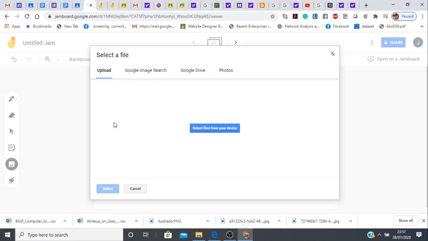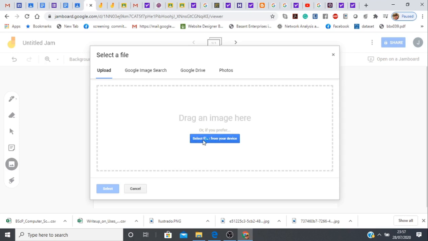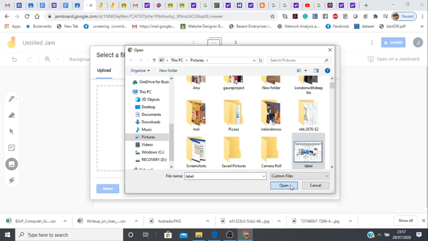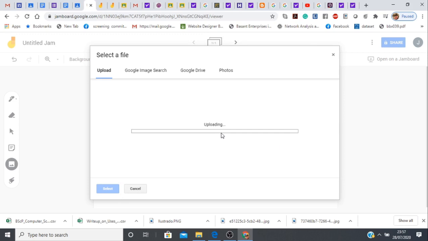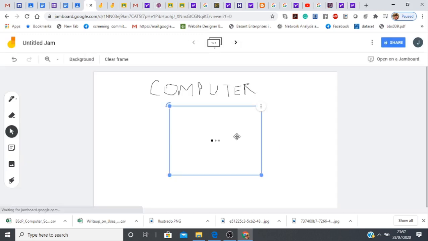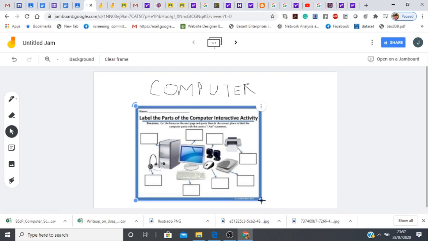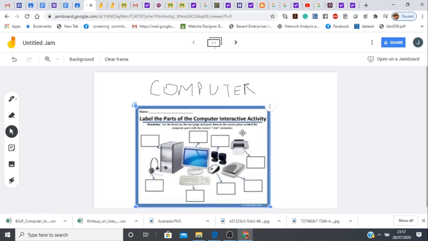So if I add a picture from here, I say select from my device. Let's say I select this picture. So my image is being uploaded onto the Jamboard. So this is a question: label the parts of a computer, an interactive activity.